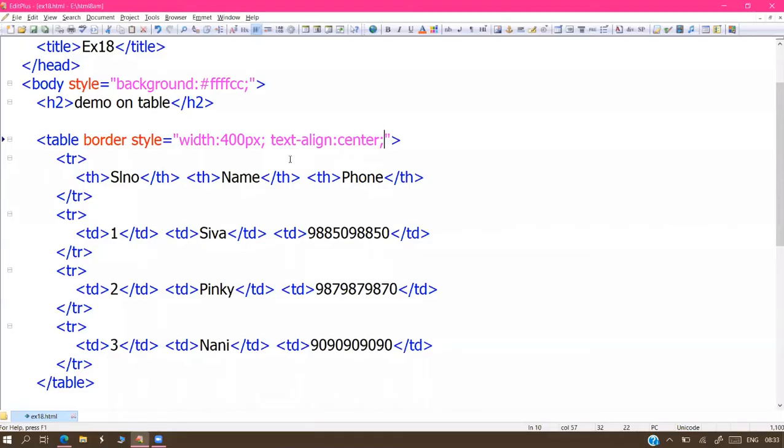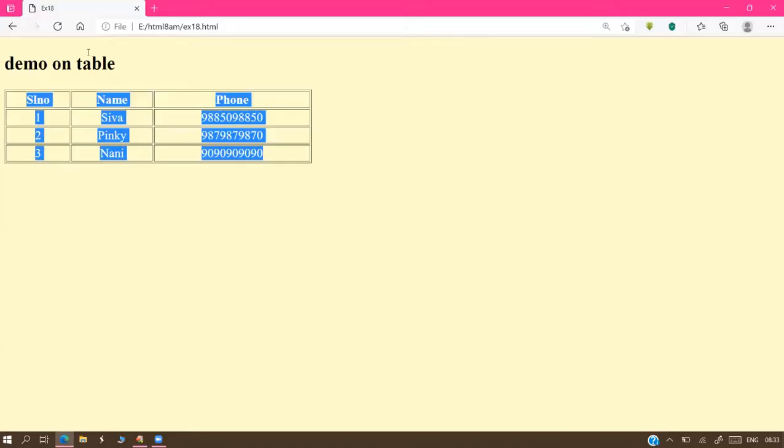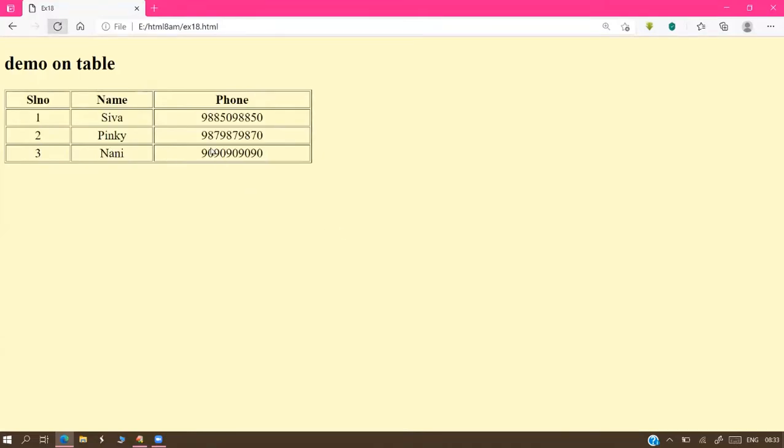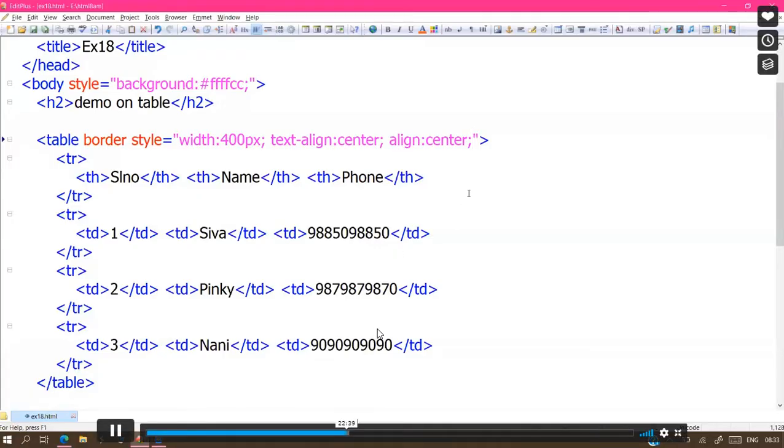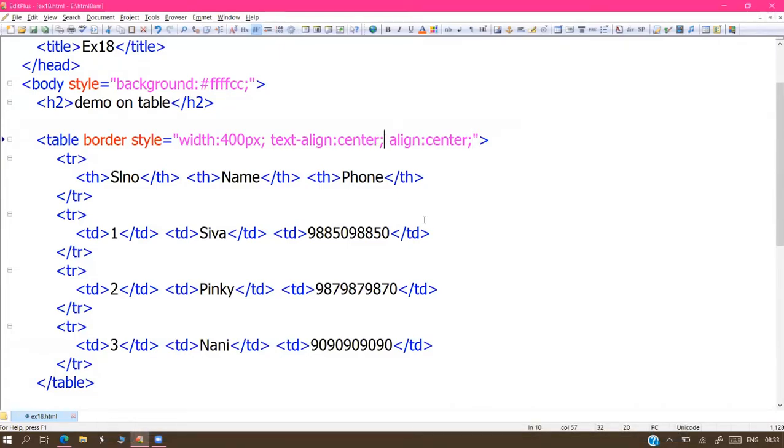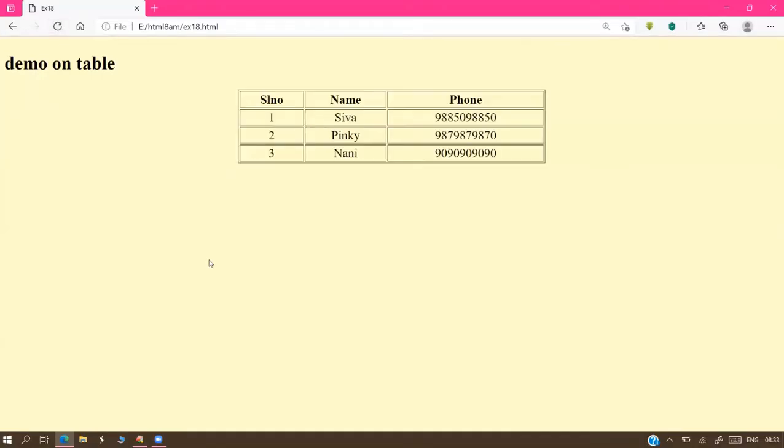I need both, sir? No problem, you can go for both. There is no objection. Text alignment is center, and align is also center. Both I'm applying. Now the table comes to center, and the table data also comes to center.